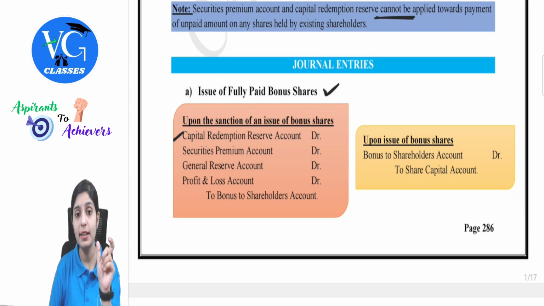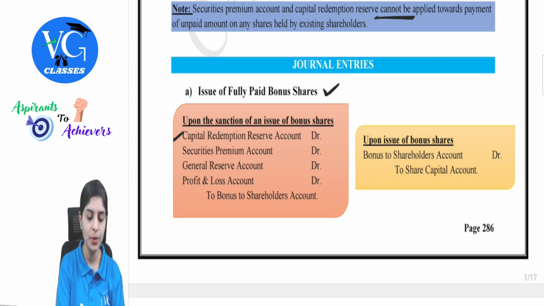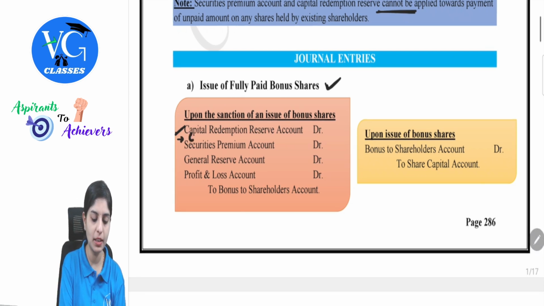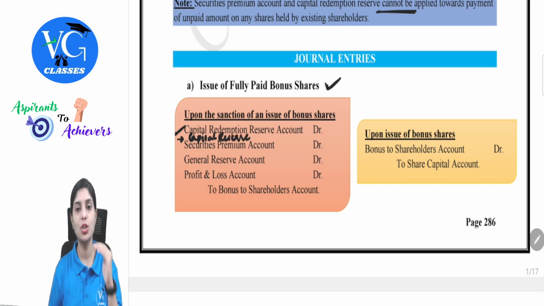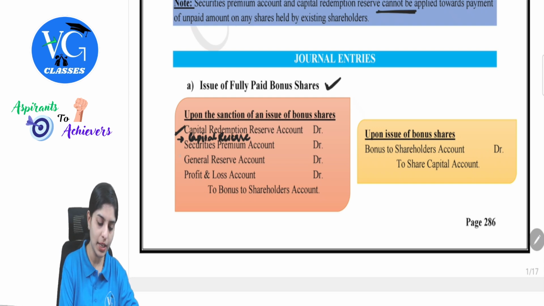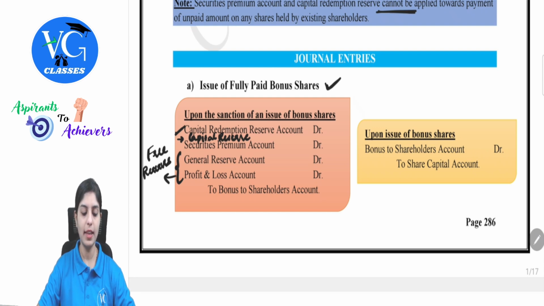Likewise, if there is any capital reserve balance, remember while the forfeiture of shares happens, there is an amount which goes to capital reserve. Likewise, if the company is maintaining any previous capital reserve balances, that will also become eligible. So second priority will be with respect to your capital reserve. Then there is securities premium account. Then there are general reserve and profit and loss. These two are exclusively called free reserves.